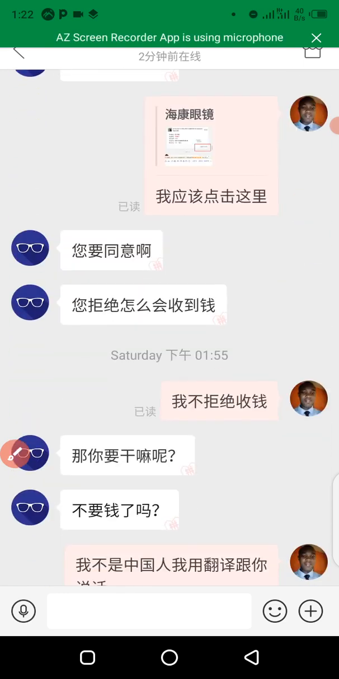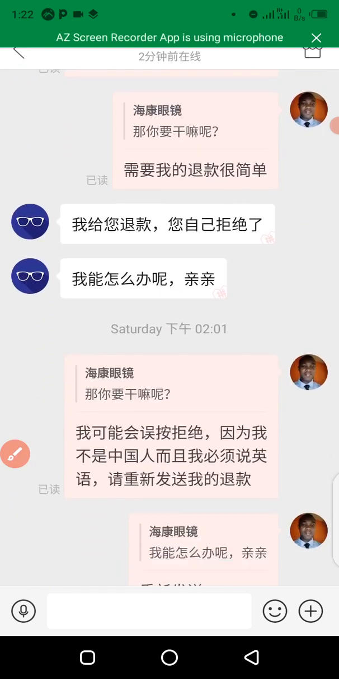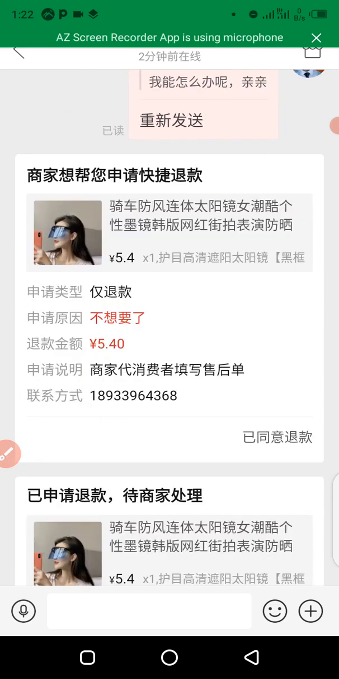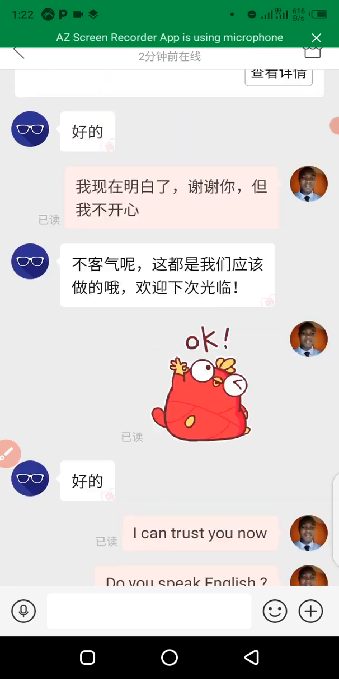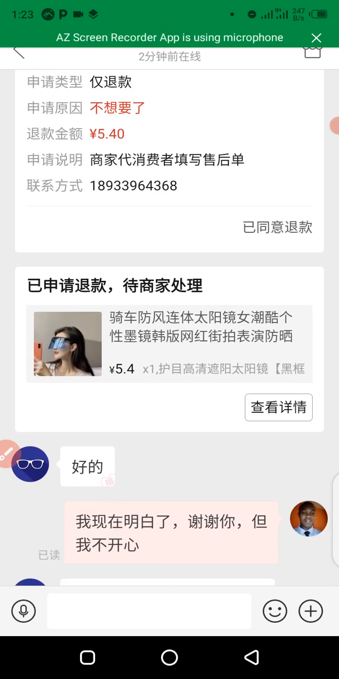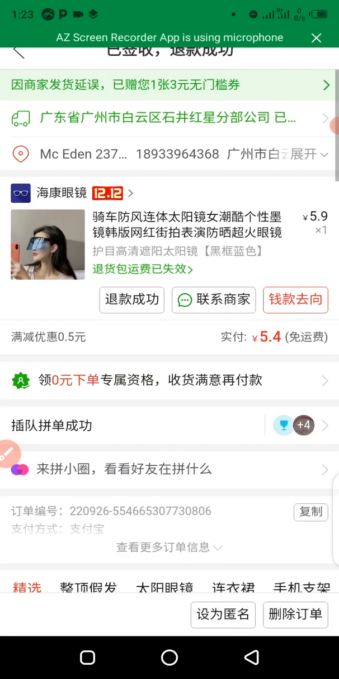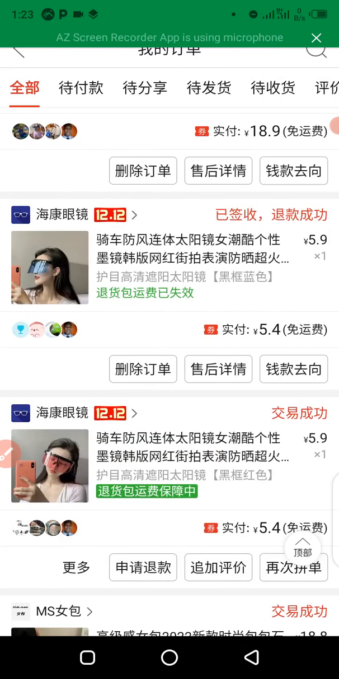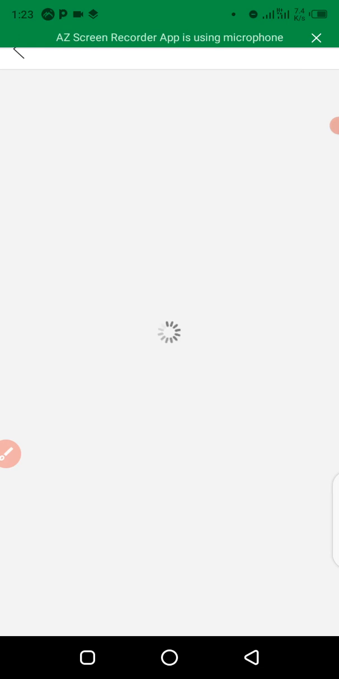Now for you to track your refund process, you just have to go back to your profile. Okay, you can see all our chat right here. So for you to track the process of your refund, you have to go back to your profile. But let me quickly show you the dates at which this product was purchased and shipped out from China,